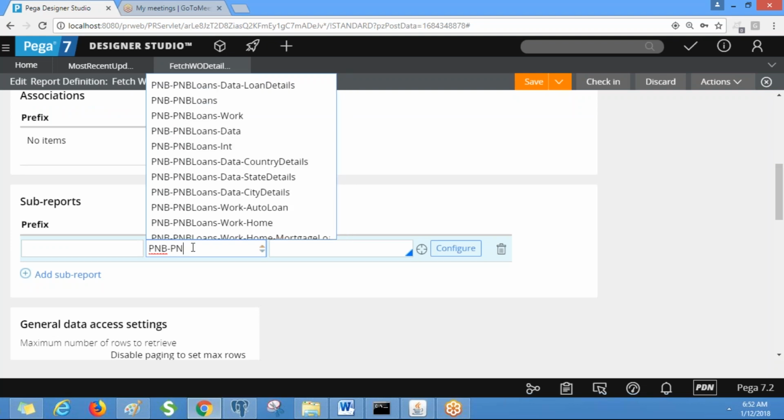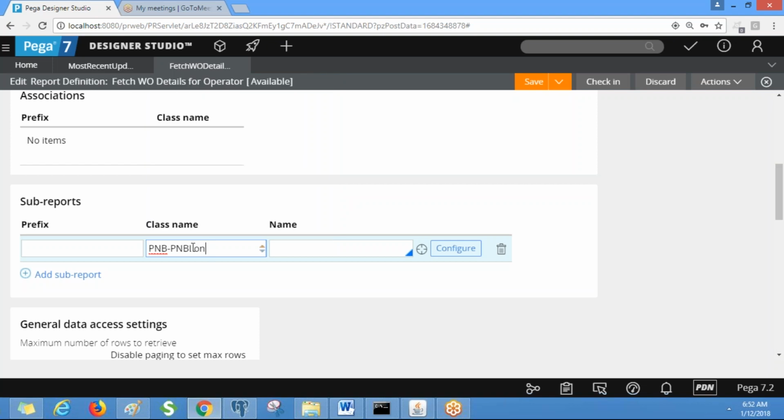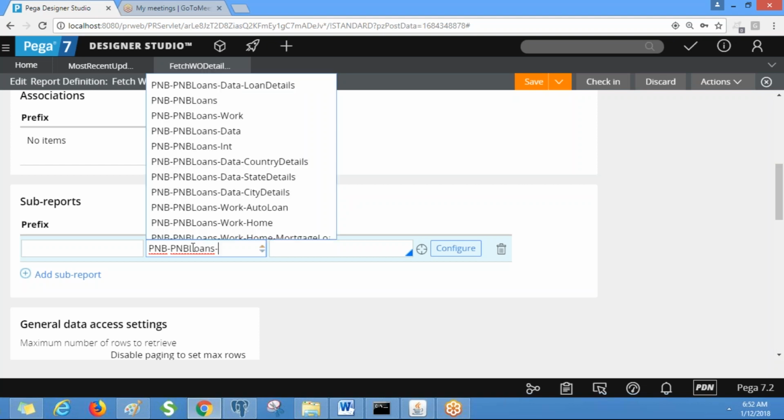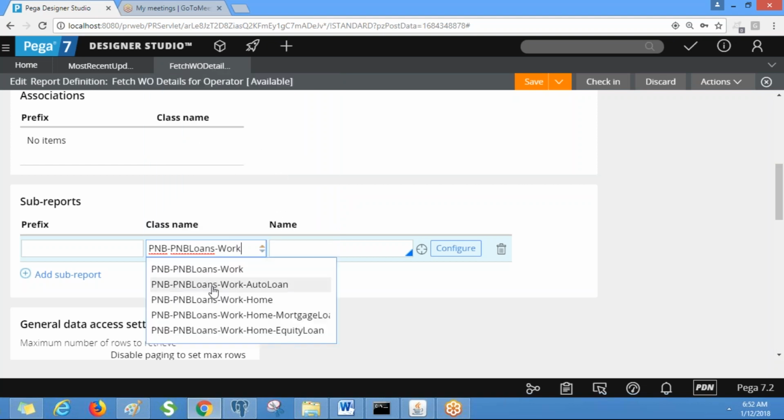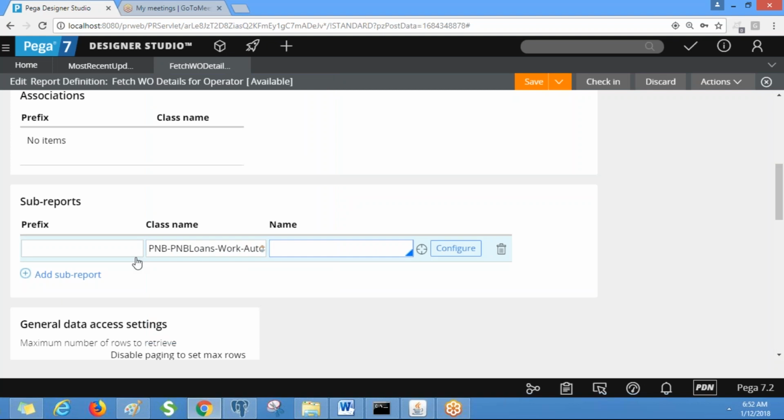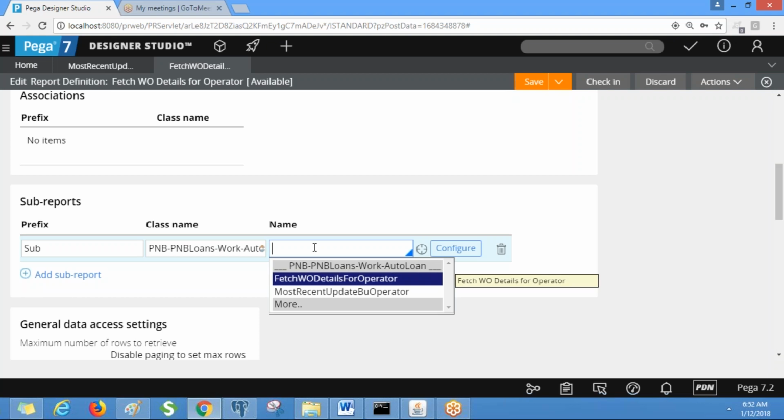So what is the class? Yeah, pnb hyphen pnb loans hyphen work hyphen auto loan. Okay, so here you specify the prefix of the report and select the report from the drop down.